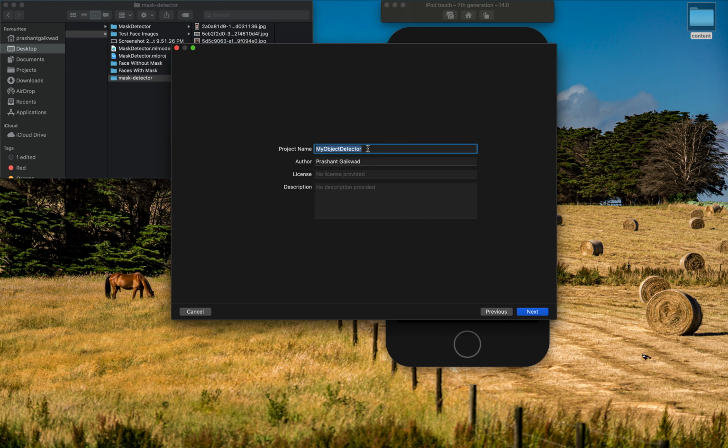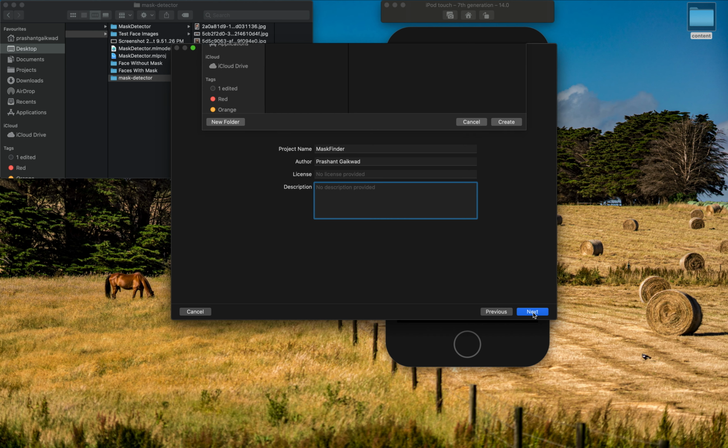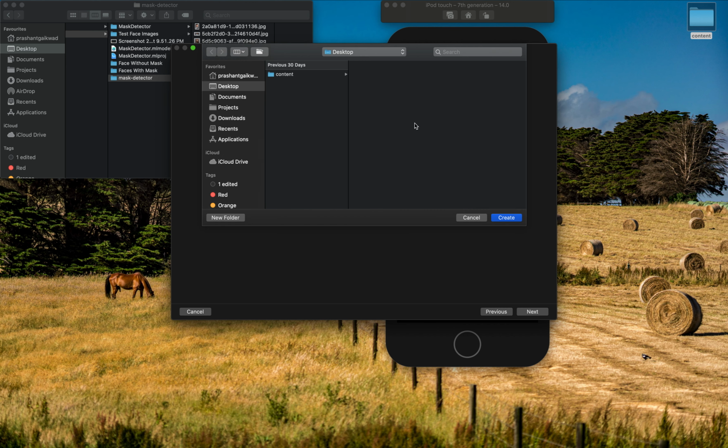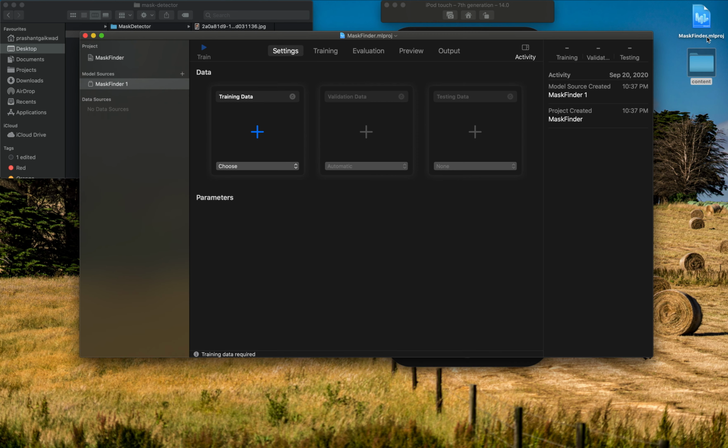Let's name it here. So I will say mask finder, and then you can give your license name here or any description you want. Then click next, and now let's save it. I will save it on desktop. It has created our ML project. So what I want to do now is, this is basically waiting for the training data.